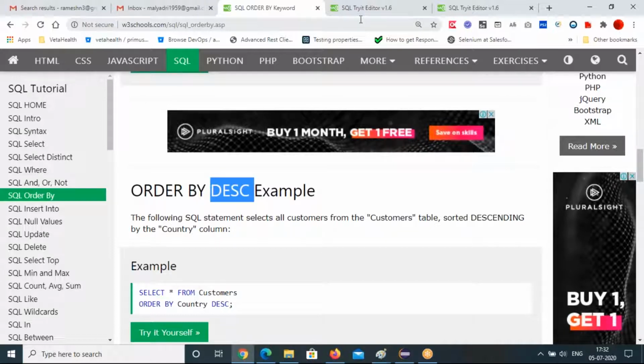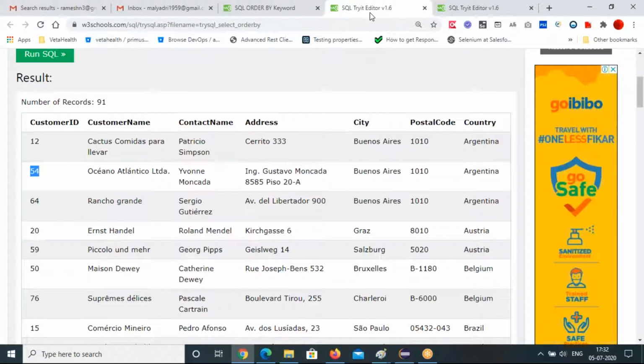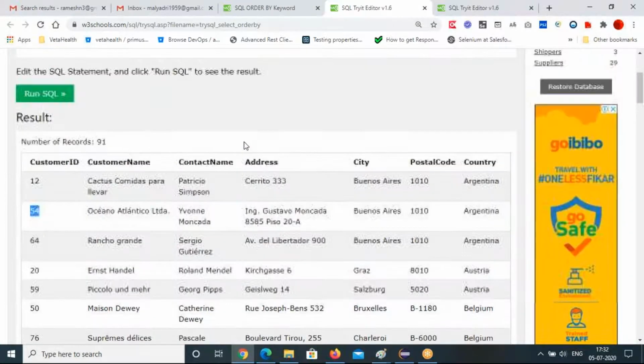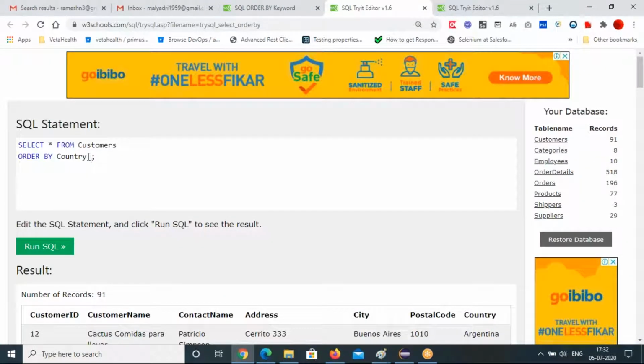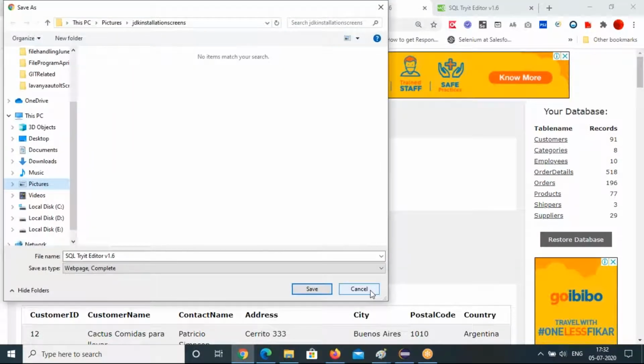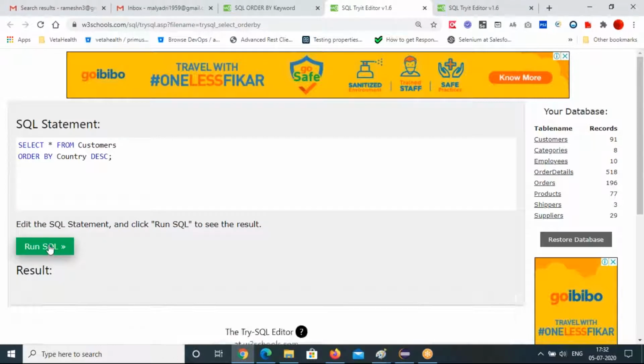So let's say order by descending. Here you write order by country DESC, descending. Run SQL.